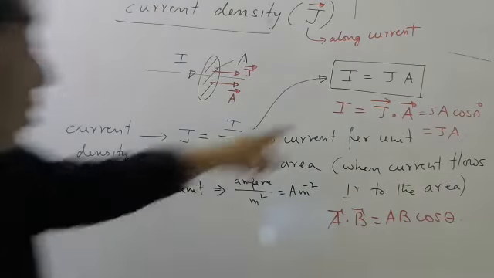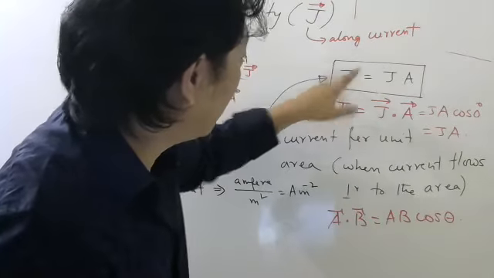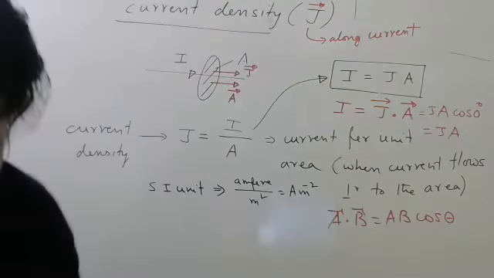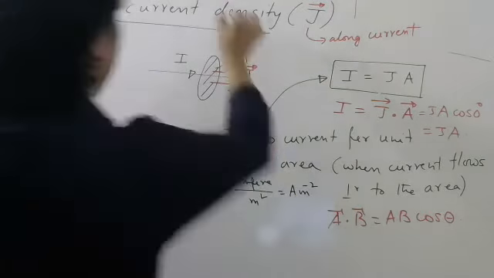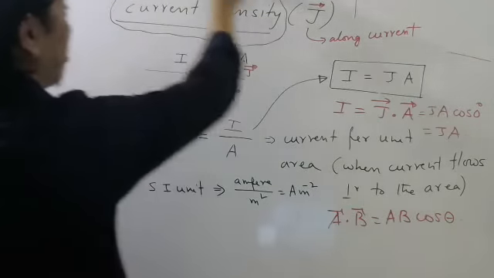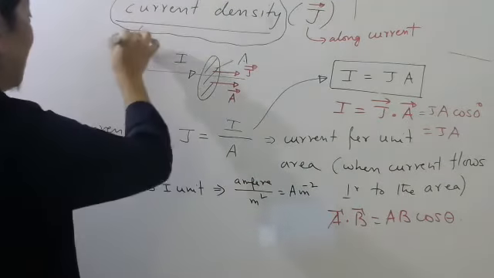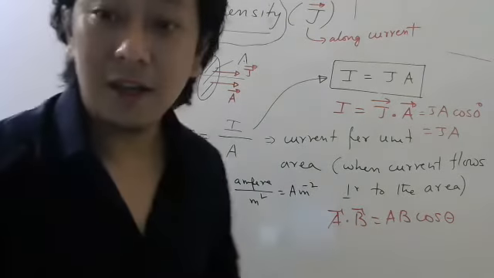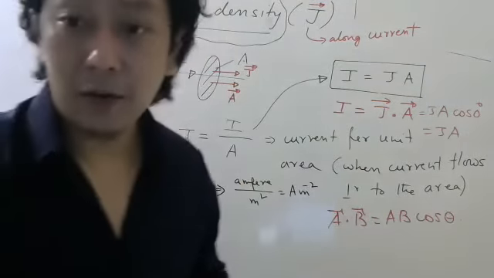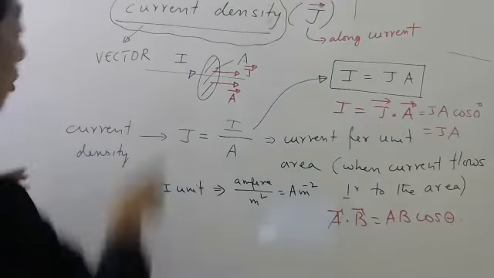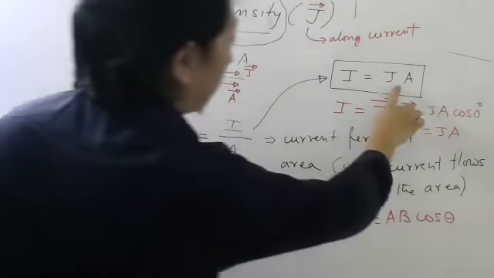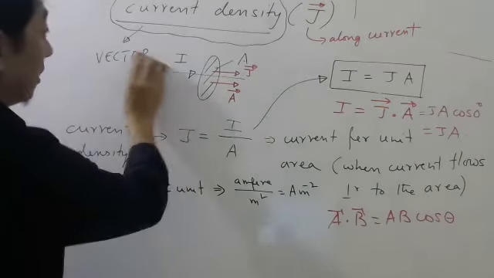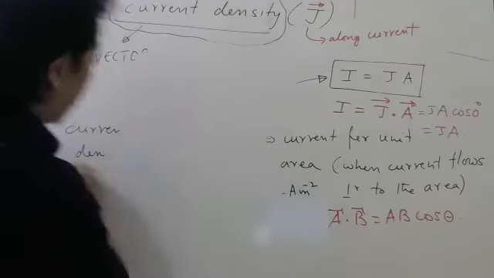Okay, students. So I can write this current in terms of current density by writing a dot product with area, which means I have created a new concept called current density, which is not scalar, it is vector. So for 1 mark, they will ask current density is scalar or vector. So the answer should be vector. So if current is flowing like this, then this is the formula. But are you done? This part is done. So this much you should know for your board syllabus.